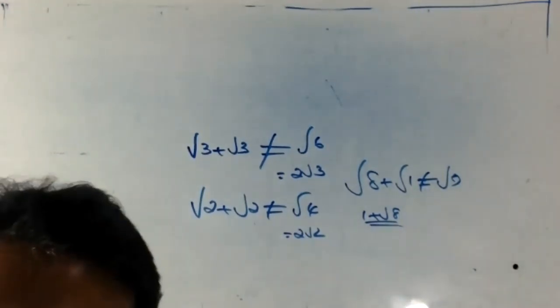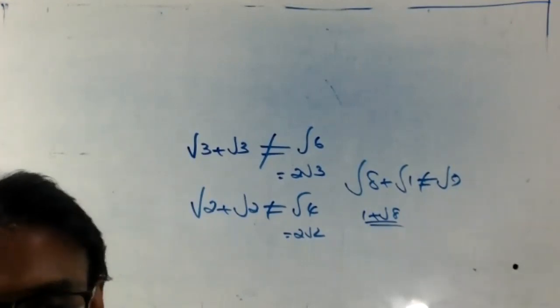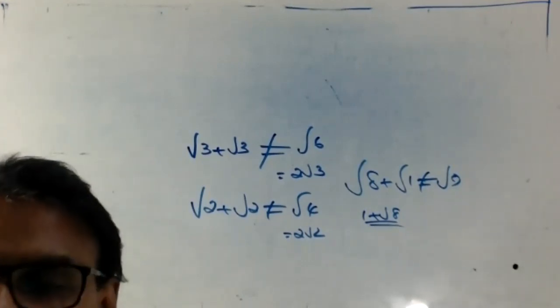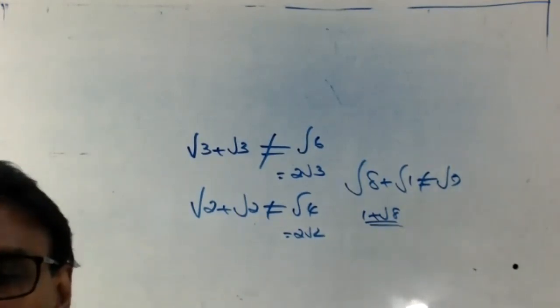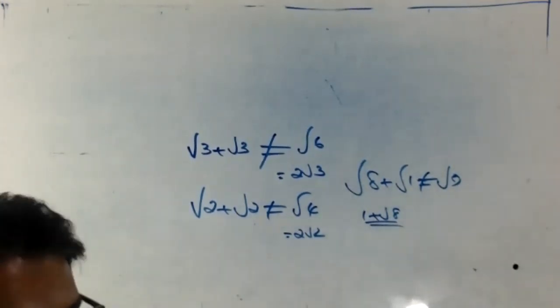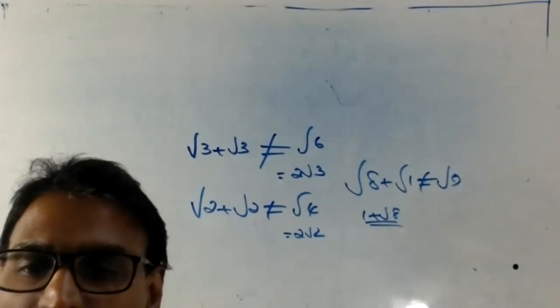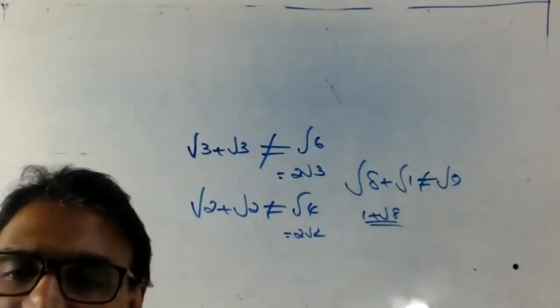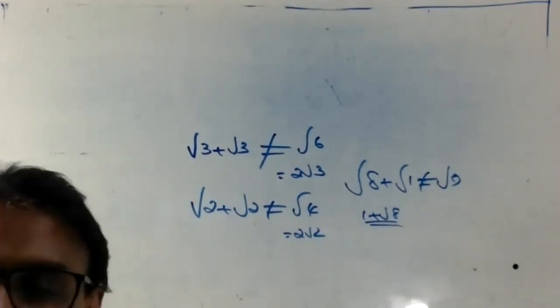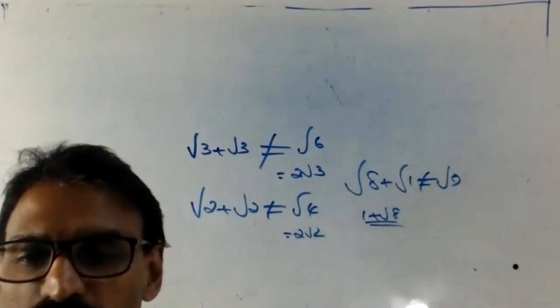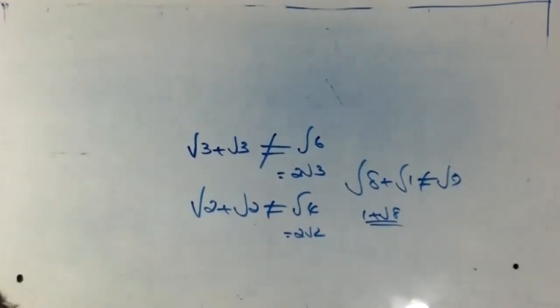Okay. Now you think about root 4 and root 9. Root 4 is not an irrational number. It is a rational number. Akshaya, root of 4 is not an irrational number, it is a rational number. 3 root 2 plus 3 root 2, what? 6 root 2. Come on, answer. 6 root 2 is not a rational number.